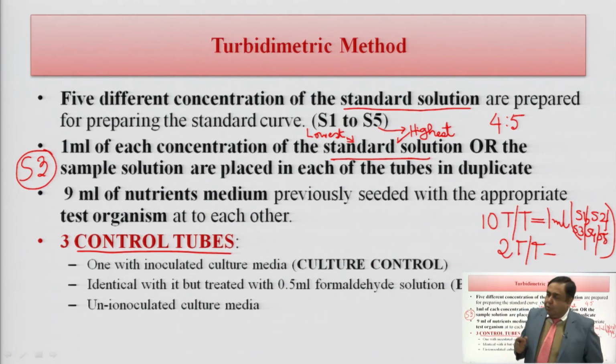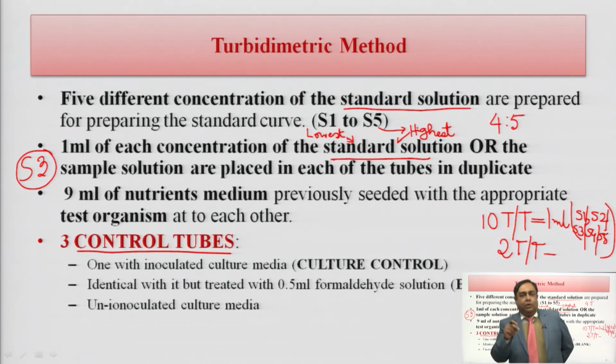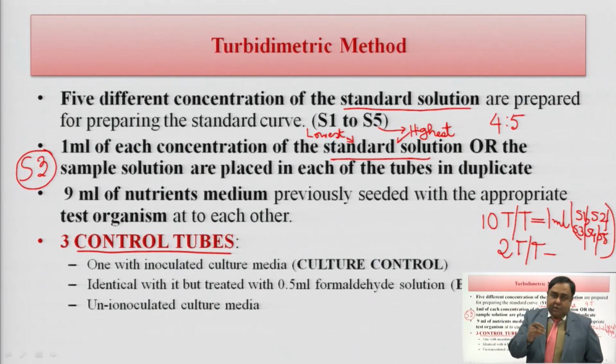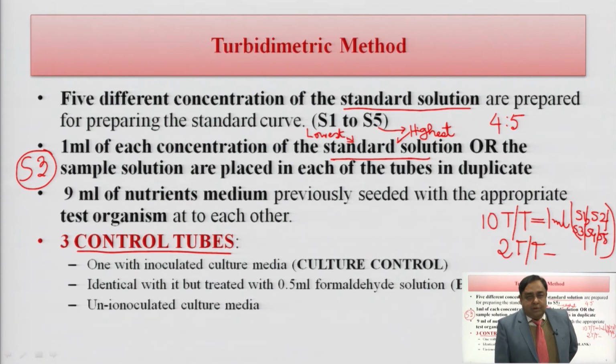A question may come up in your mind: sir, we are adding microorganisms, then why are we going for sterilization? We are going for sterilization because the nutrient media must be free from any microbial contamination, and only the microbes which you add later should be present, and we will evaluate the effectiveness of the antibiotic